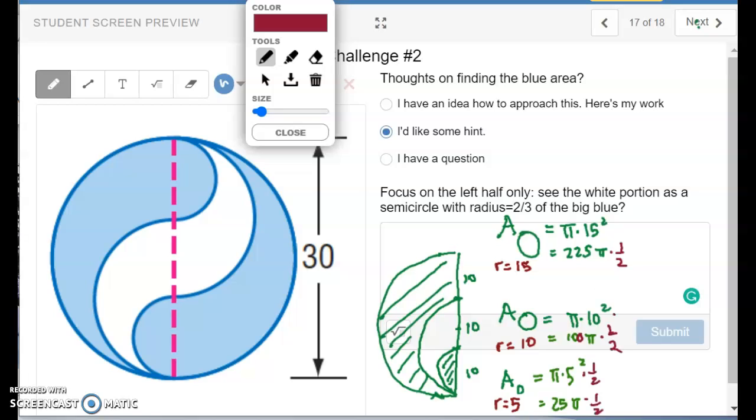However, we need to subtract this from this, and then